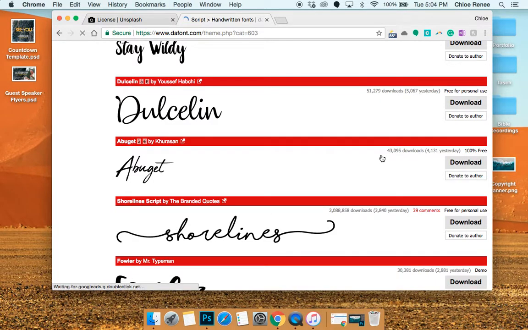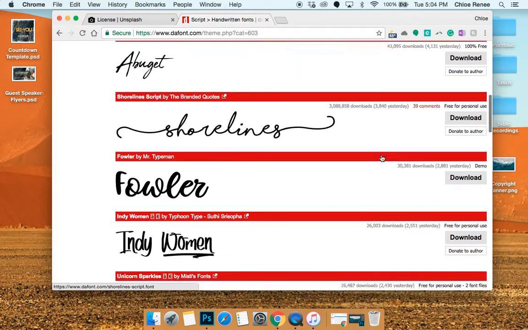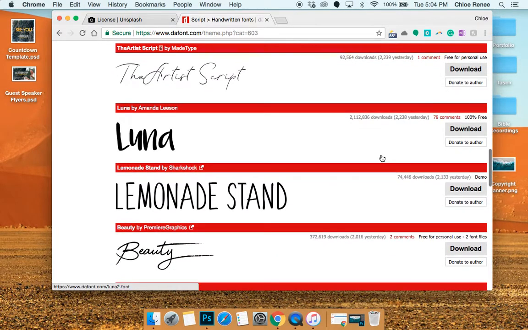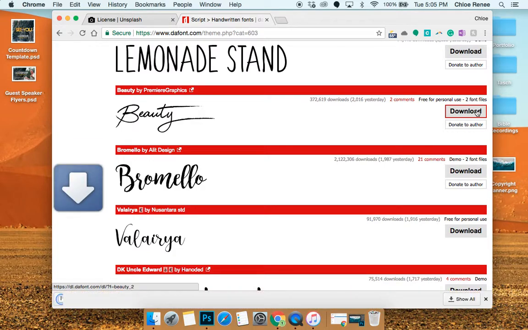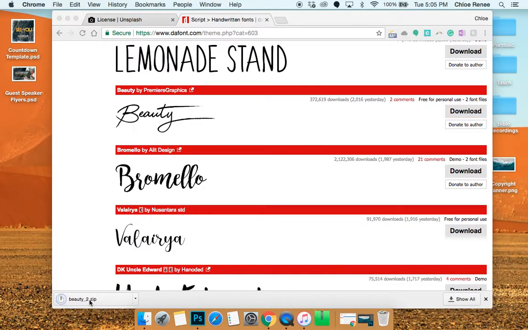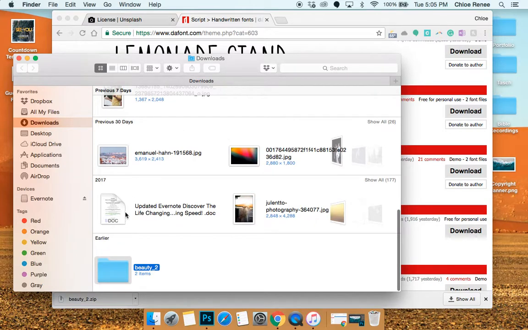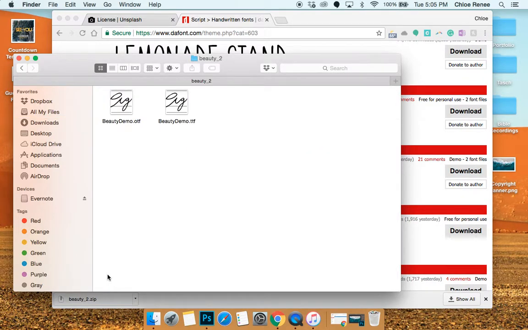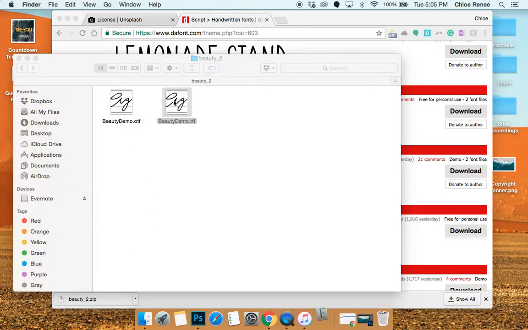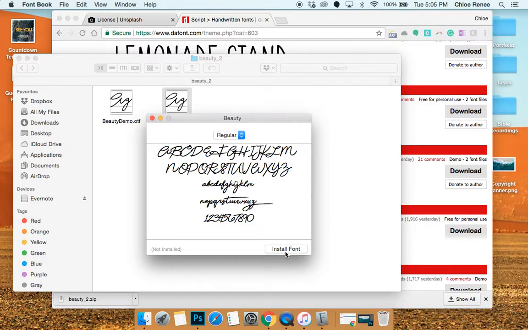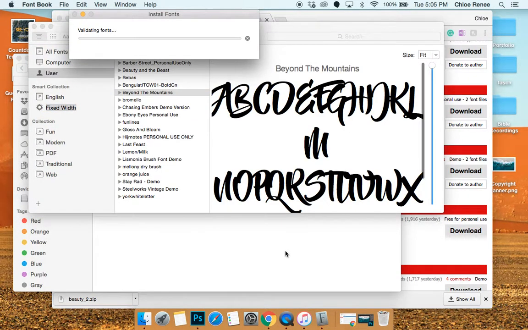So on a MacBook, you can just find a font that you like, and I like this one. So I'm going to download that, click on it. This is going to pop up, and you double click the file, and it should be pretty much the same on Windows. If you're having a hard time with it, then just look up on YouTube how to download a font from dafont.com and it will come up. So you click the TTF one and install font. It's installing,